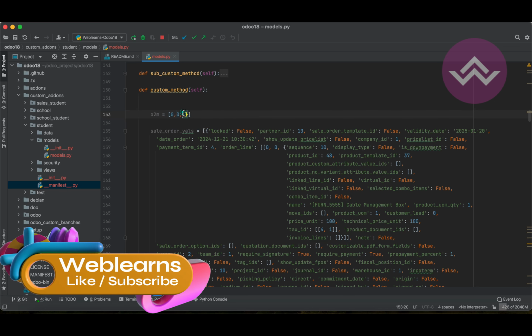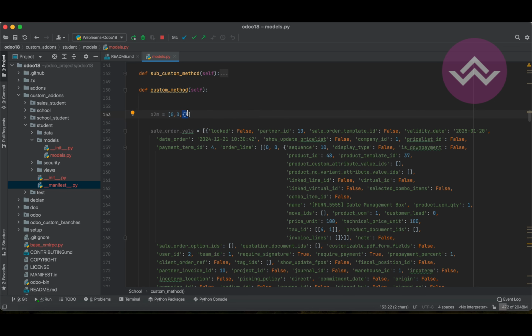And here you can see this is the dictionary format. In this dictionary format, we also have to pass the sales order line fields and their field values. So here they are doing the same. You can see here 0, and this dictionary format. Now we are also going to implement the same thing. Now you can see this is the first line. Now what we are doing is